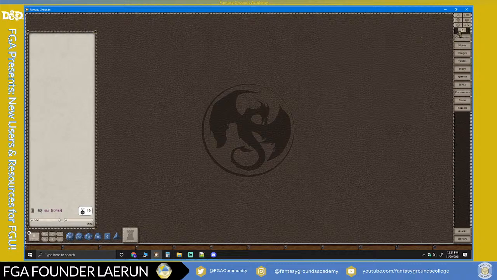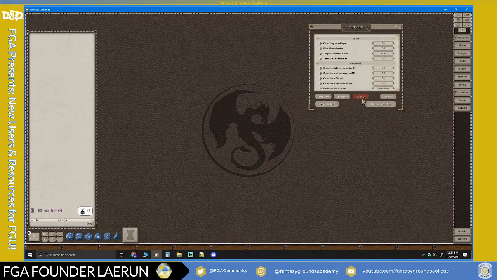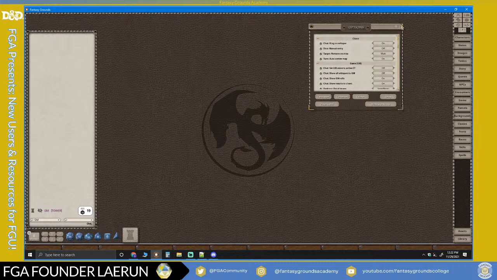So on the right-hand side, this is subject to change. I think they're going to go to a collapsible menu, but for right now, if you open up the options menu and you click on sidebar, you're going to have the ability to change out your options over here. So in the host view, you're in GM mode. But if you click play, that's player mode. Create PC is for building and leveling up. You can clear everything out if you want and just add individual things. Or you can hit all, and that'll load everything. So that's just a little tip.